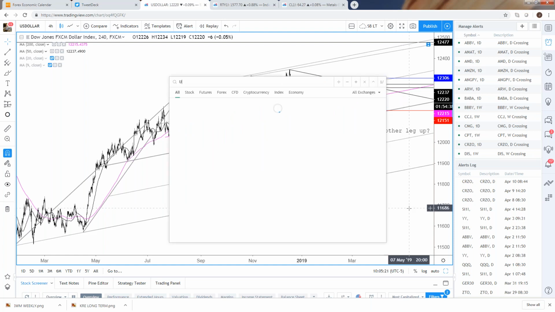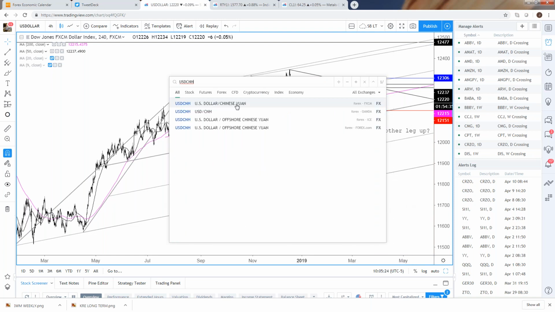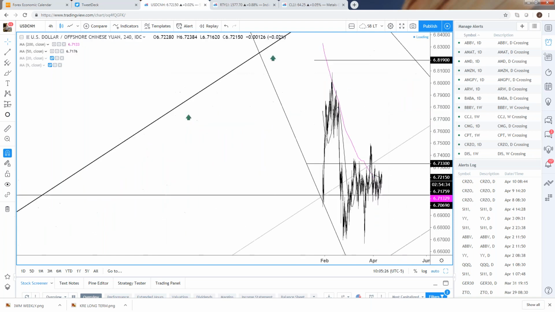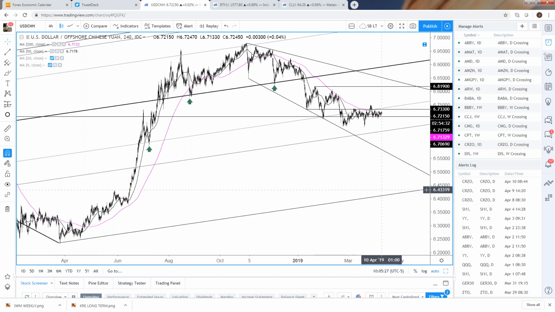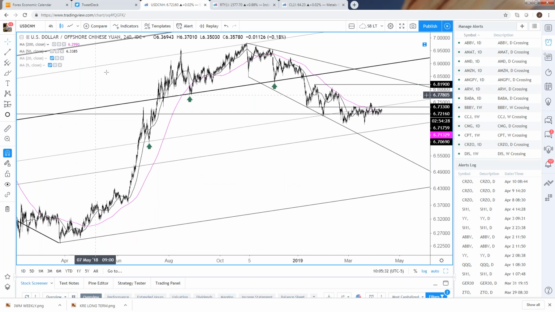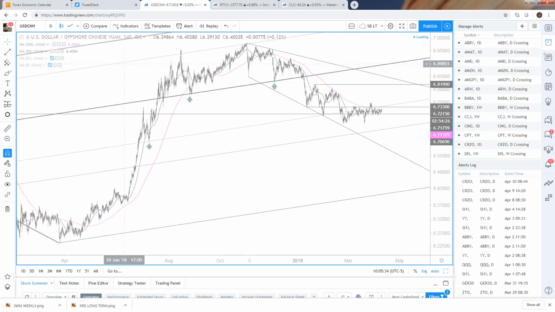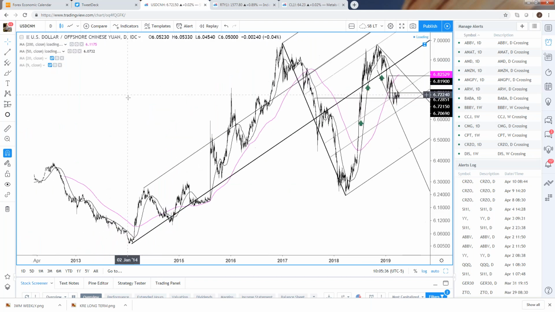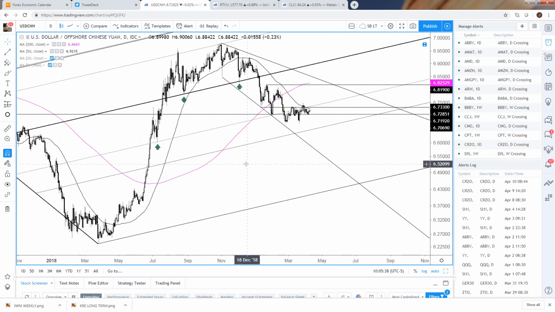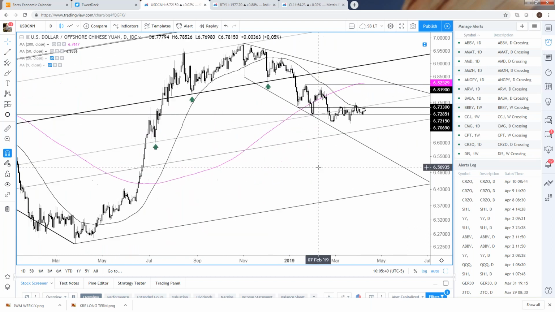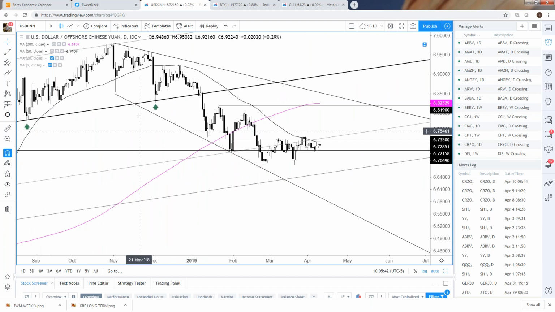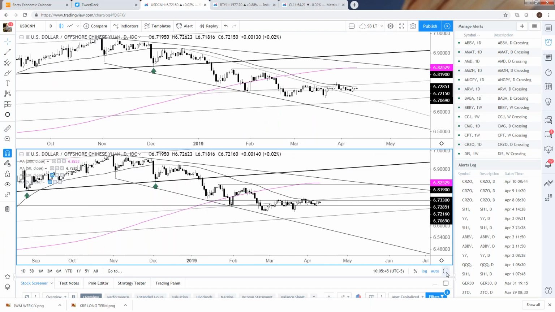But I want to start actually with a different pair. We're going to look at the dollar Chinese renminbi, right? Chinese yuan. So we are looking at offshore yuan here, and something interesting in that